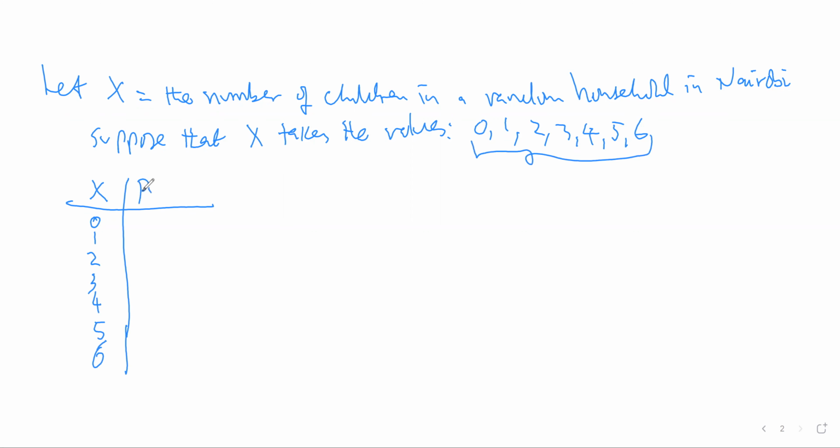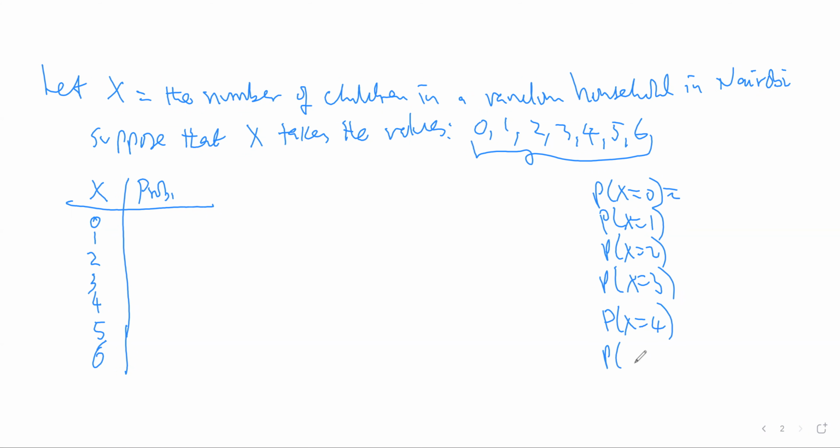Then if we can know the probability that X is 0, that is the probability that a certain household chosen randomly has 0 children, and if we can also know this, and this, and this, all the way, maybe through historical data, X is 6,